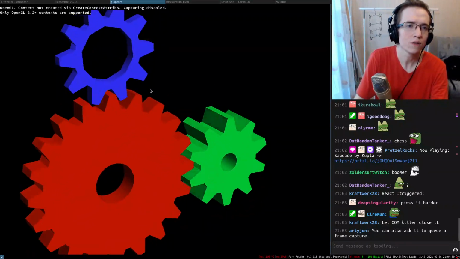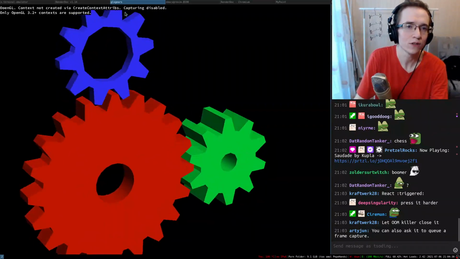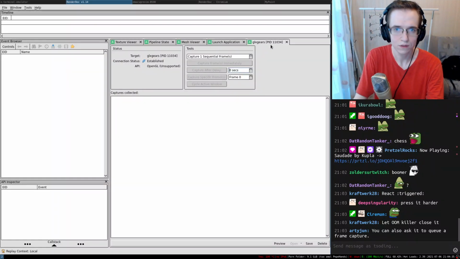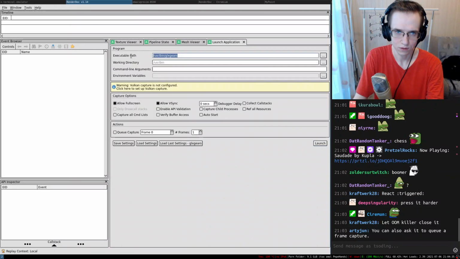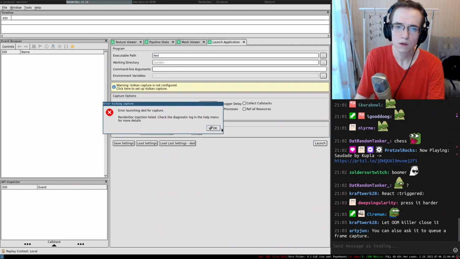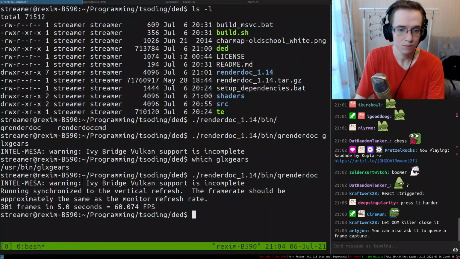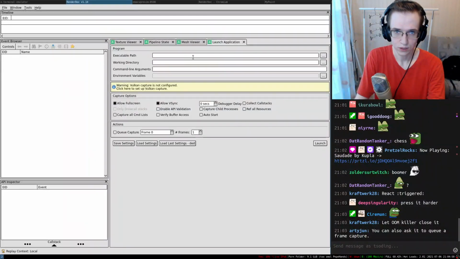Capture a context not created via create context attribute, capturing disabled. Oh, it's not even usable in here. Okay, so nice one. Dead. Working directory. What a nice application. I have no idea what is going on.